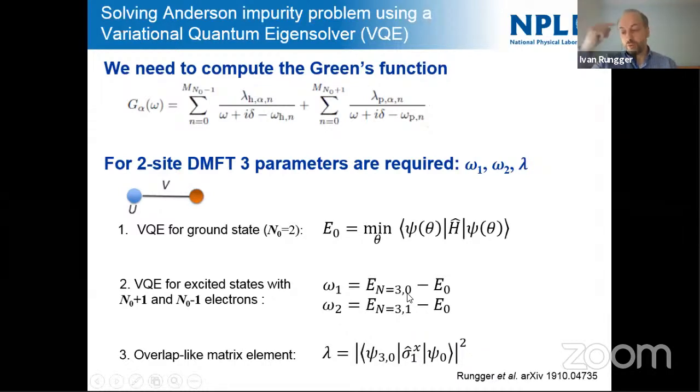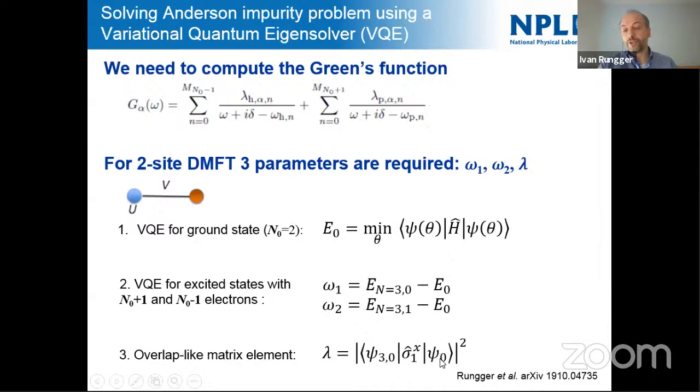How do we calculate this? Well, we could impose the number of electrons by choosing the ansatz that has that number of electrons built in. But what we did in practice in the paper is we put a penalty term in the Hamiltonian that basically shifts down the energy of 3-electron states, so that we basically get this 3-electron energy as our ground state. And then to calculate the excited states, we use these methods to orthogonalize to the previously obtained states. But as we have seen today, there are also other methods to do that, so this is an evolving field in itself.